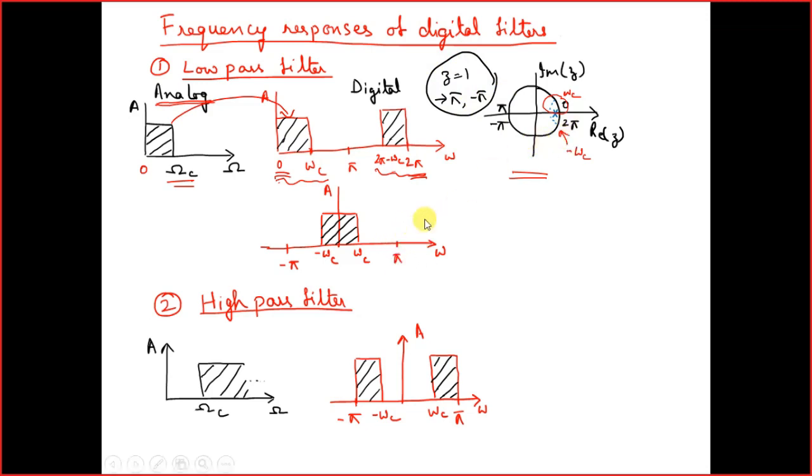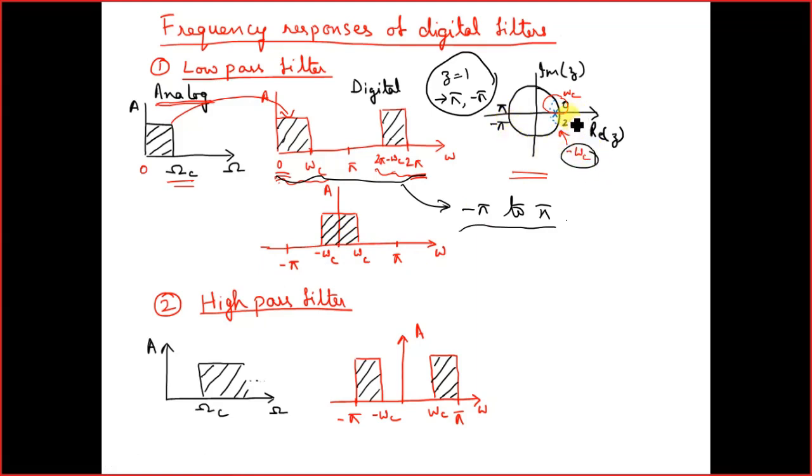So what we can do is rearrange this 0 to 2 pi limit to minus pi to pi. Okay, so when we do this, what we are getting, if you see, is from minus pi to minus omega c,